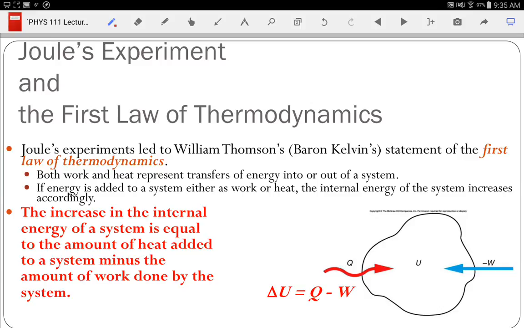Okay. The experiments of Joule that showed that heat was just a form of energy led William Thomson, also known as Baron Kelvin,